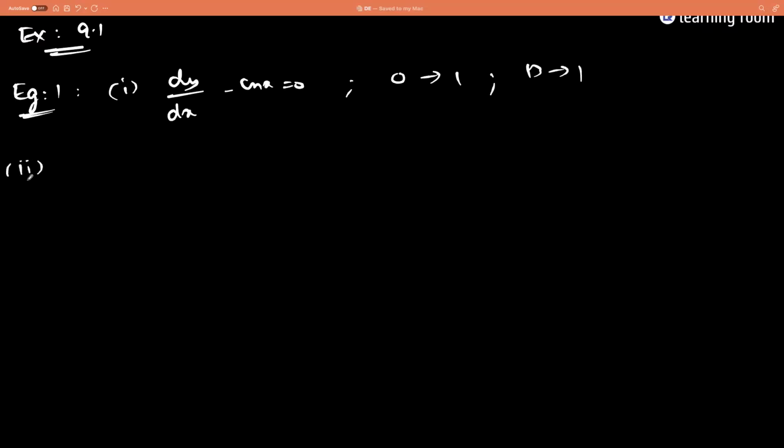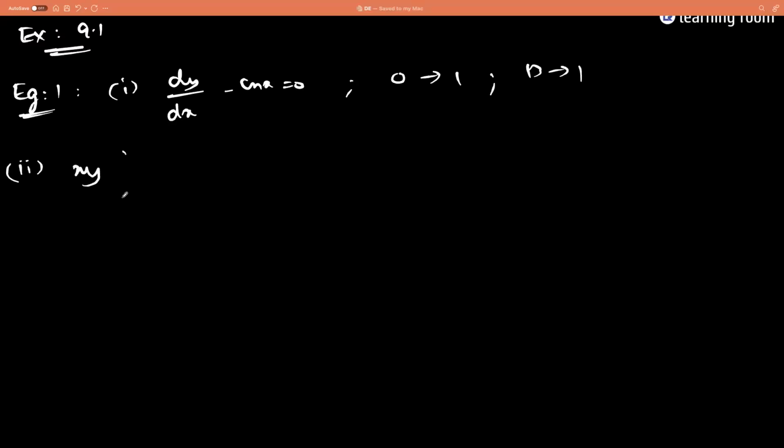So example number 1: find the order and degree if defined for each of the following differential equations. The first one is dy by dx minus cos x is equal to 0. Order, degree, second,